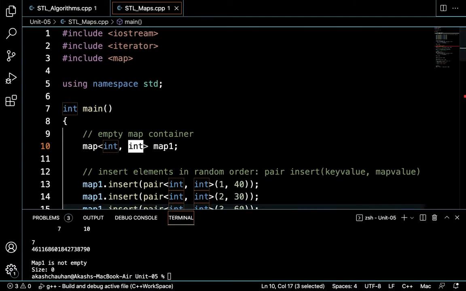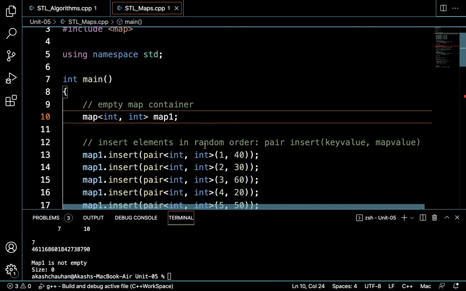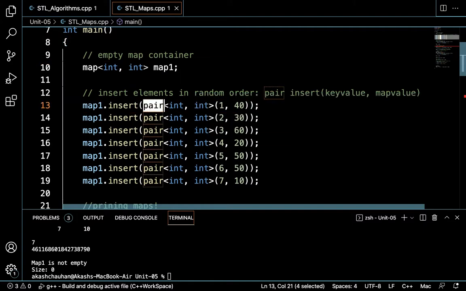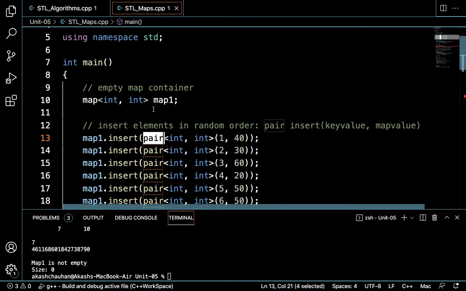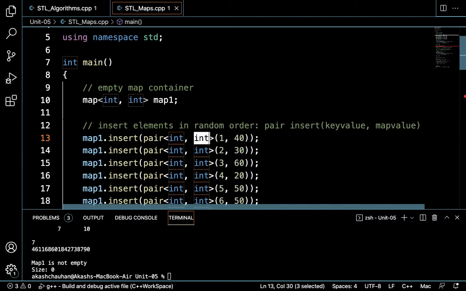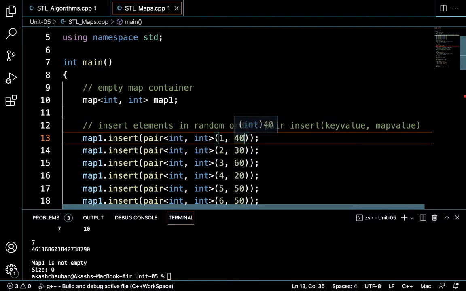So we have a map 1, and how to insert data into the map. You have to use pair, with the data types. We have integer key, integer value, and the value of the key, and the value itself is 40. It means for key value 1, the value 40 will be stored as a key value pair.